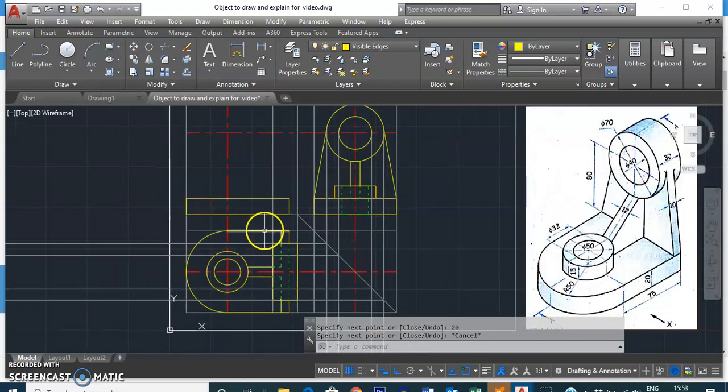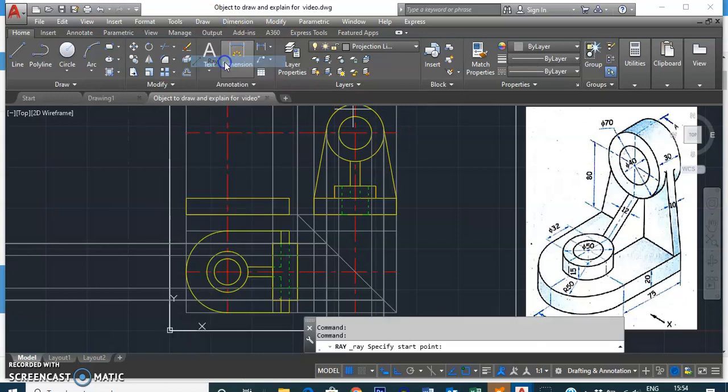Next we can draw the cylindrical section at the top, for which we can take the height projection from the side view and the length projection from the top view. So let's change our layer from the visible edge to the projection line.